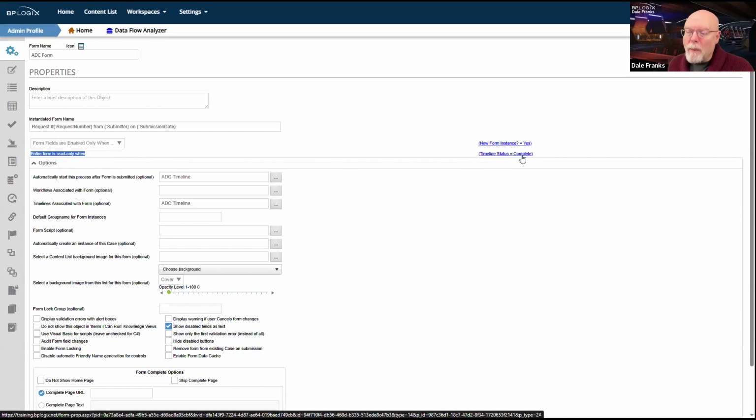So whenever my timeline status reaches complete, so when this timeline is done, I no longer want anyone to be able to edit this form. I want to lock the form in the state it was whenever the process was completed. I want to be able to maintain an accurate historical record. Now, in a well-managed system, no one is going to be going in and making changes after the fact to